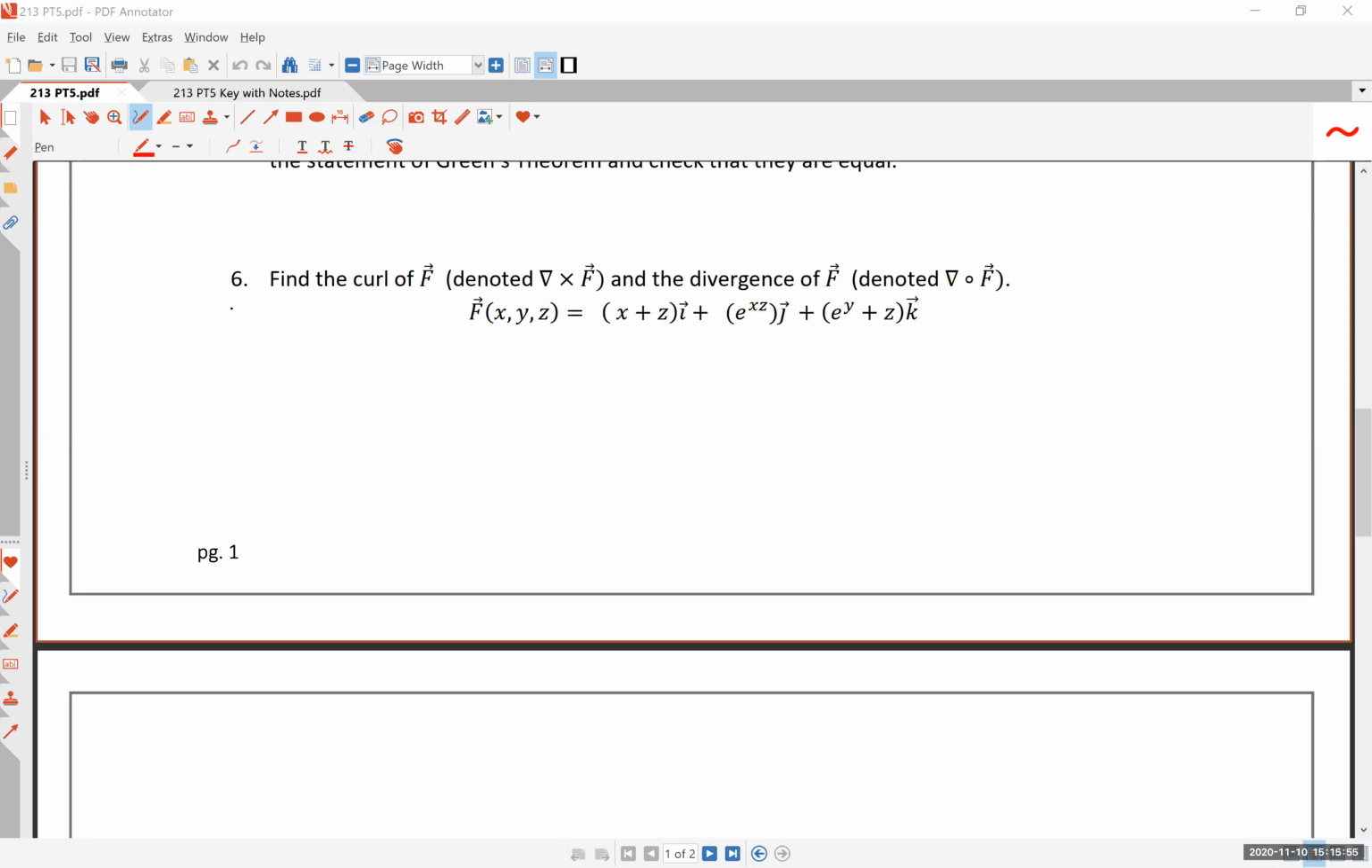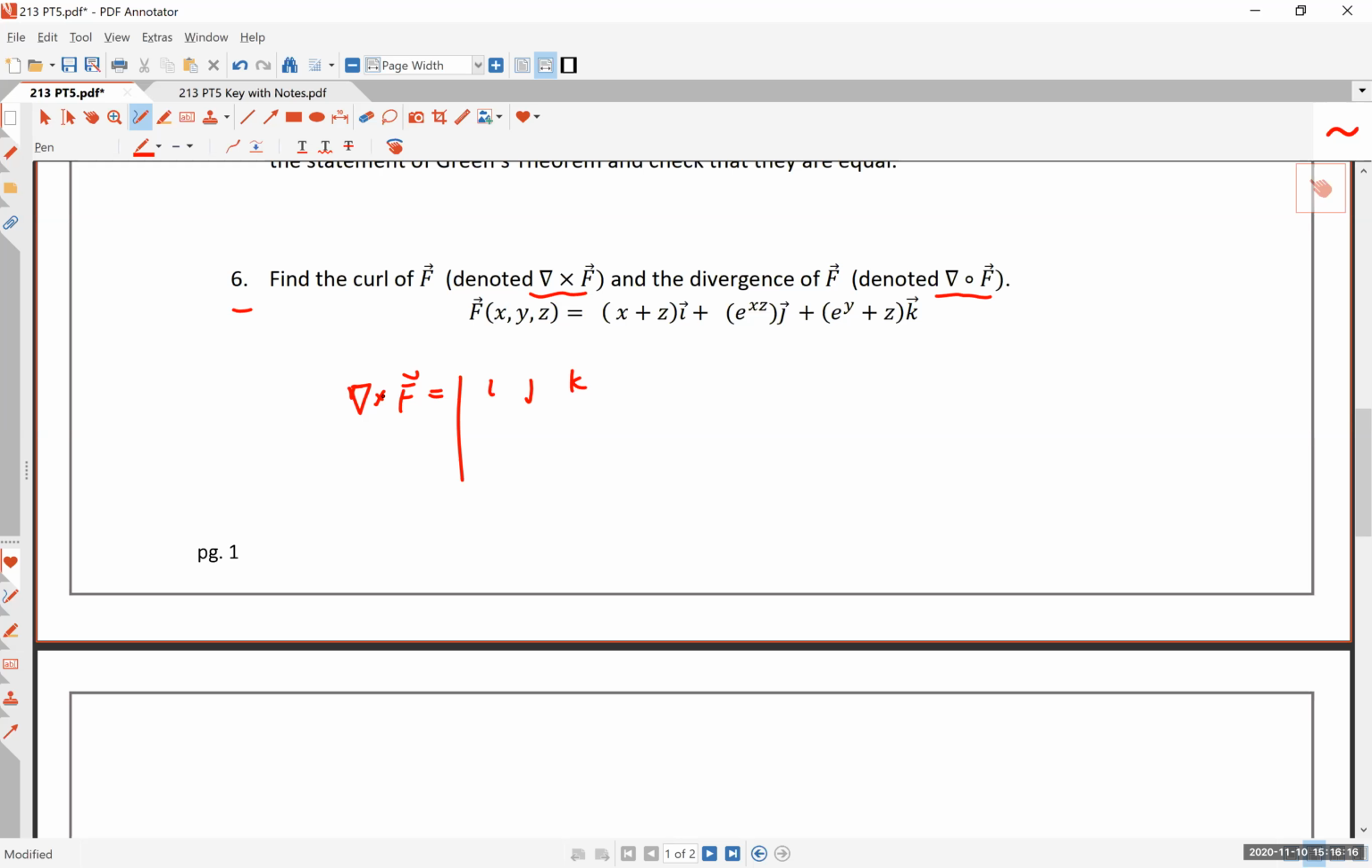Okay, so number 6, find the curl of f and the divergence of f. This should be a pretty simple and straightforward question. You have to know how to find these two things. And maybe the notation will give you a little clue, because the dot product or the cross product